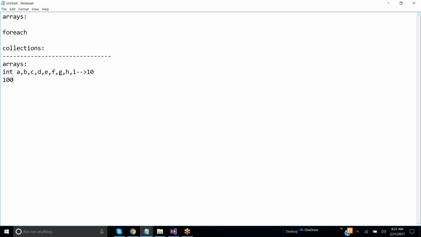If I want to store 100 values, we need to take 100 variable names, and 100 values we need to pass into these 100 variables. Am I right? That is a bit hectic for us, to create that number of variables and pass the values to them.